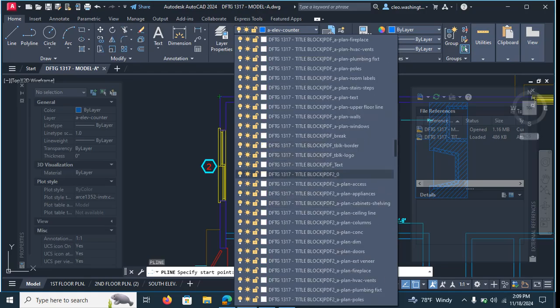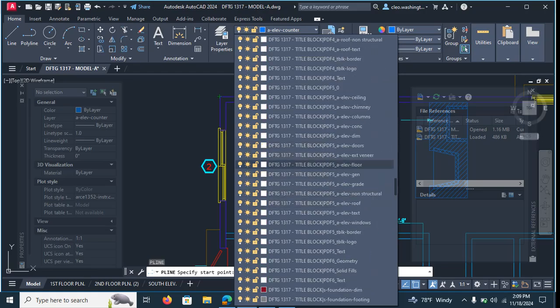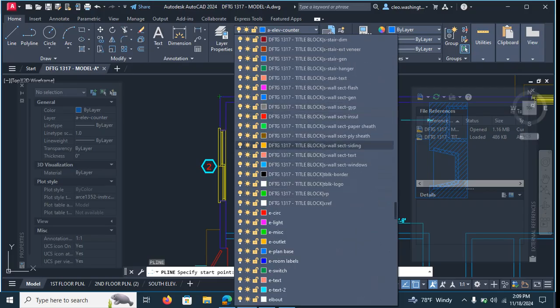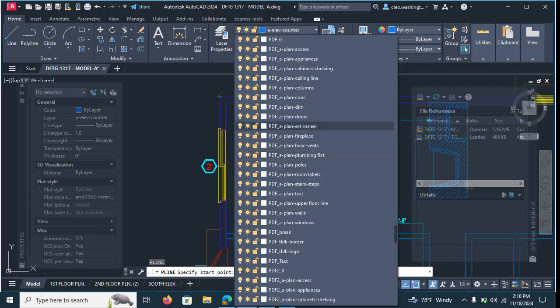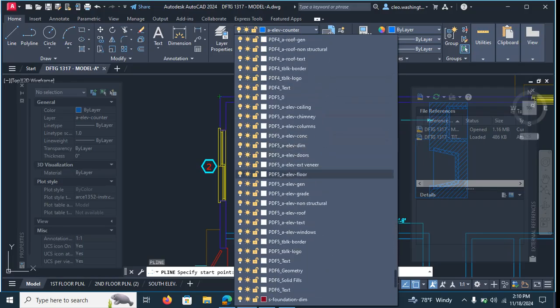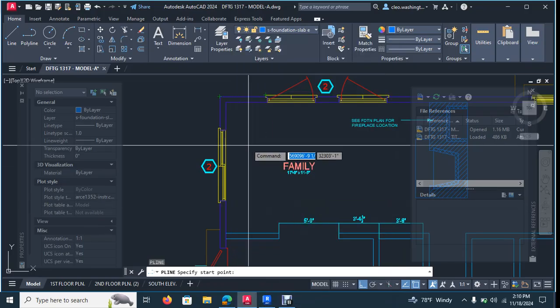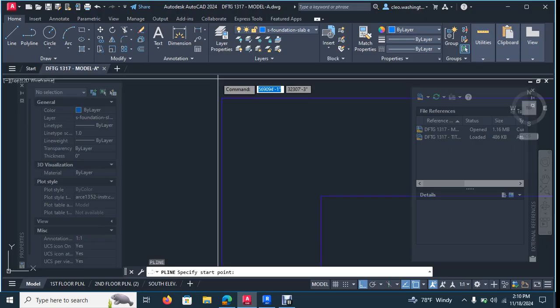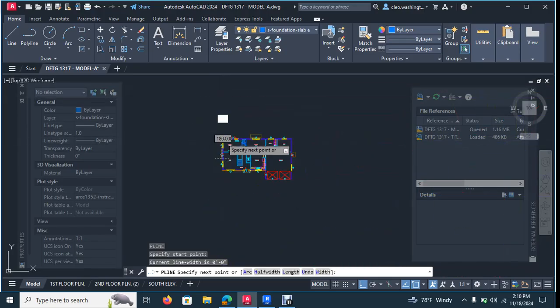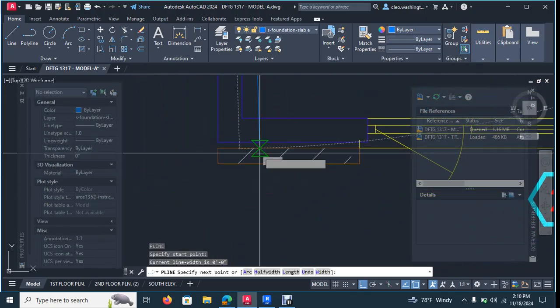You guys should know how to do that. We've done it multiple times up to this point, right? So let's go and see if we can find S foundation slab edge. And there it is, right there. Okay. So now what you want to do is you want to draw a polyline around the exterior of the